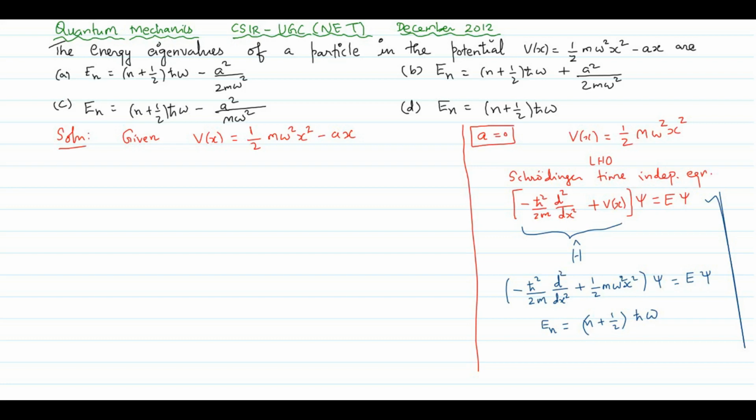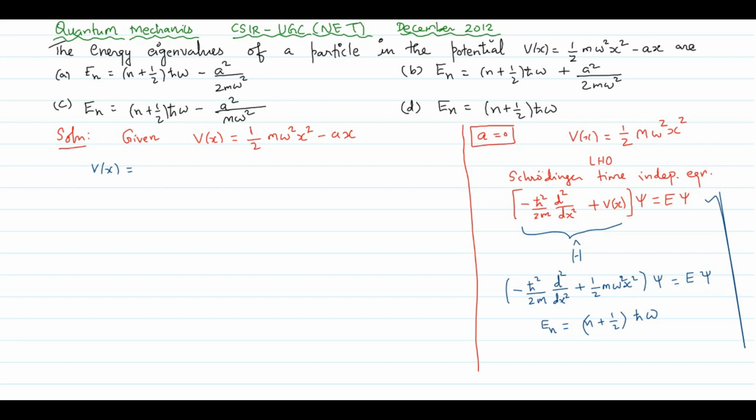So now from the given potential, let us use a trick. Let us make this a completing the square. So how to do that? For that, let us take V of x equal to, so the coefficient of x square I will take out, because there is an x square term and an x term, so I will use this trick.